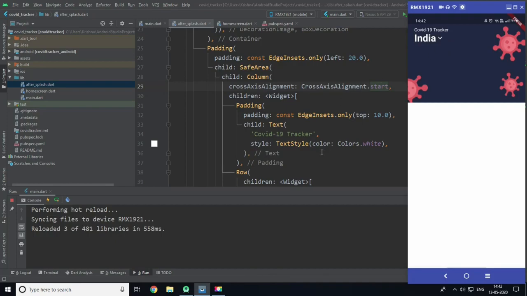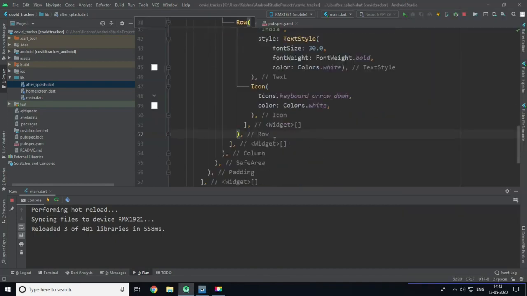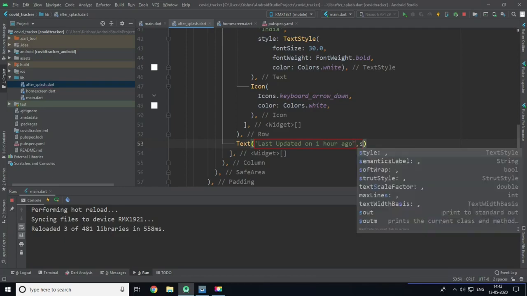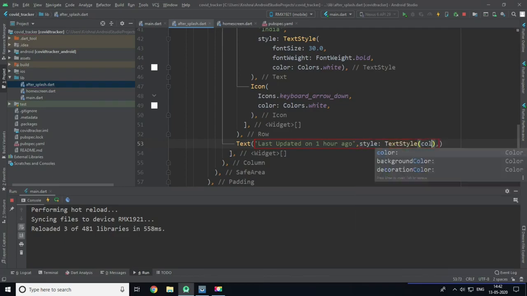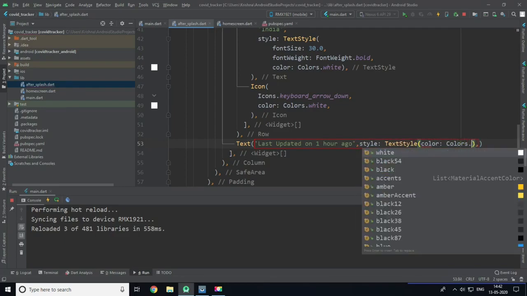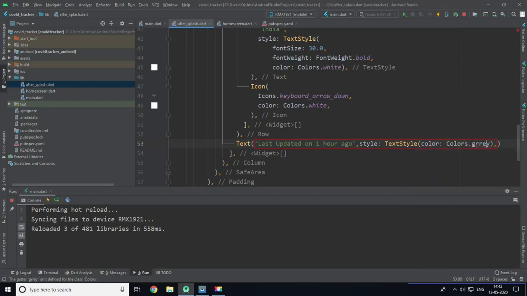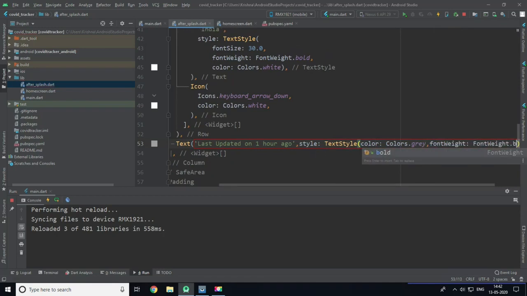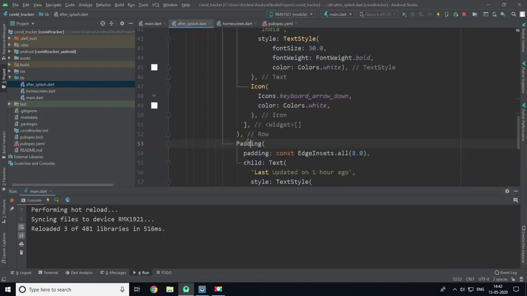Now I will add another text widget outside our row and give it the text last updated 1 hour ago and give it a style as TextStyle with color Colors.grey and a font weight of bold. Now I will give some padding to this text field, only top 10.